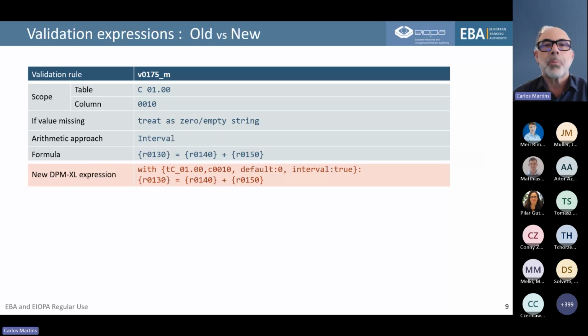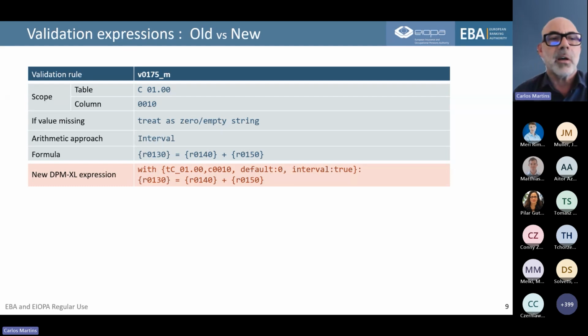Let me give you a couple of examples. How did they look in the old syntax and the new syntax? So you see here this validation rule 175. It applies to table C01, column 10. This table has only one column. So this is basically something that in the DPM 1.0 we use to define what is the scope of the validation.